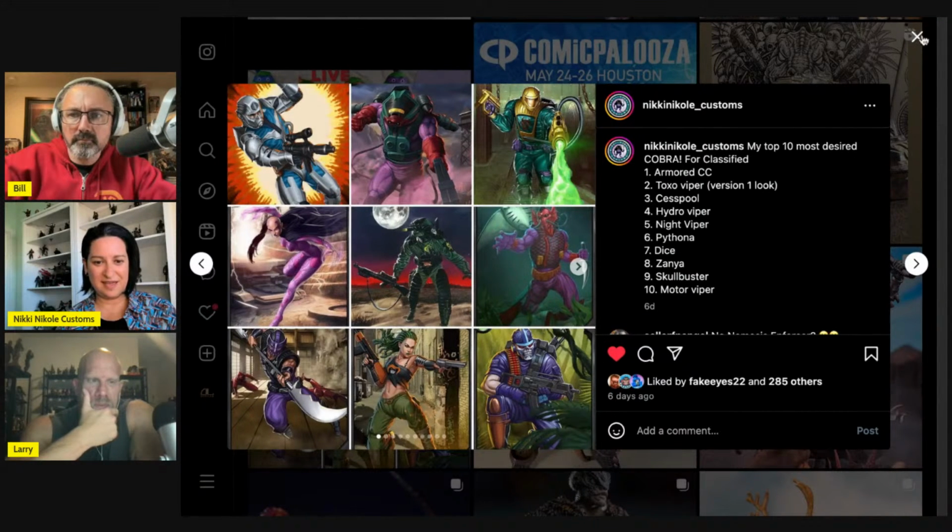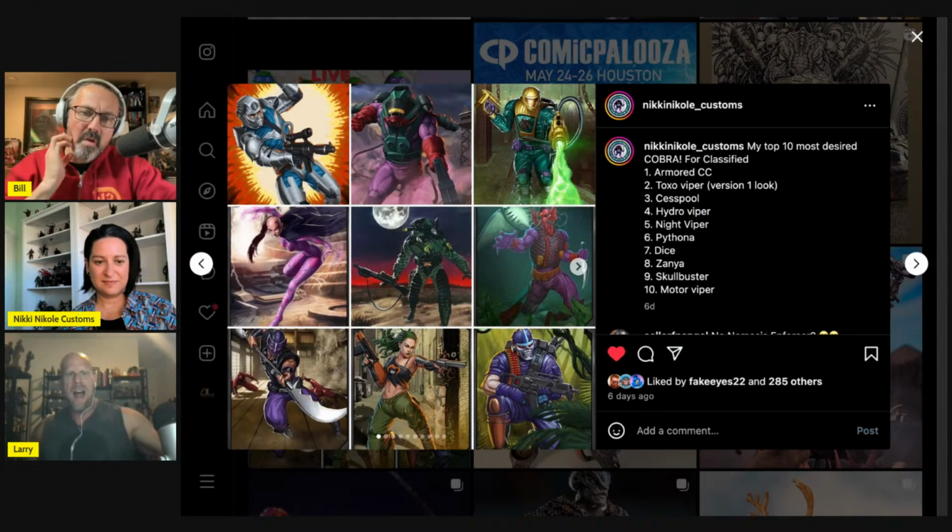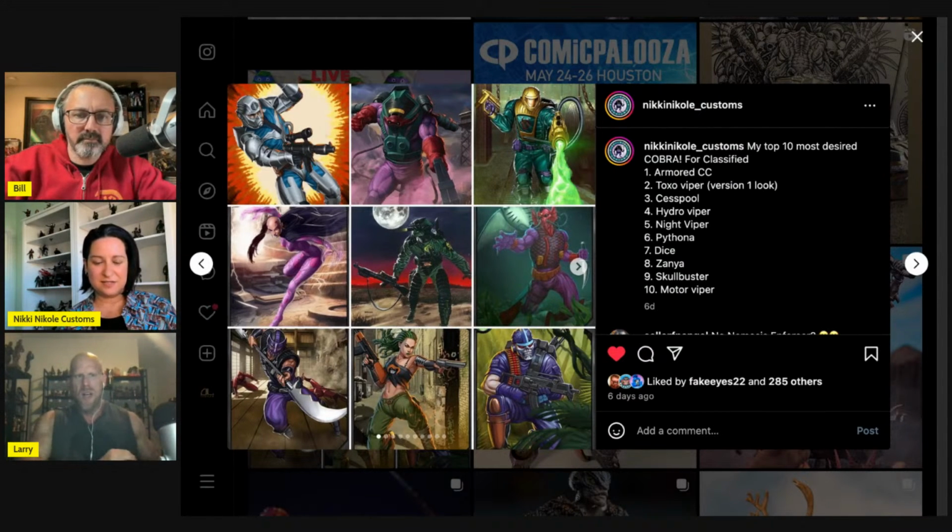But definitely Hydra Viper, definitely had him, and Night Viper. I'm surprised they haven't done Night Viper yet. Is this just the regular Range Viper, or a different Range Viper? Because there's a Range Viper out. Yeah, so far they have the regular Range Viper out, and then the